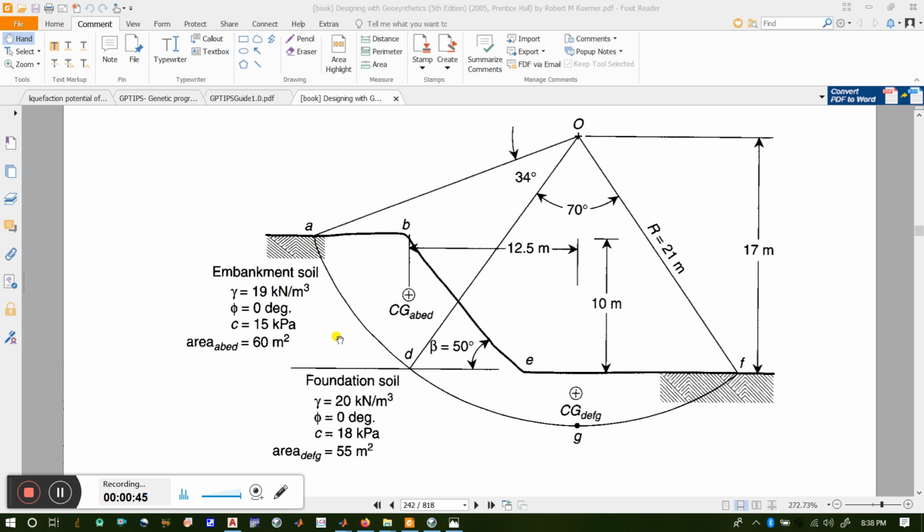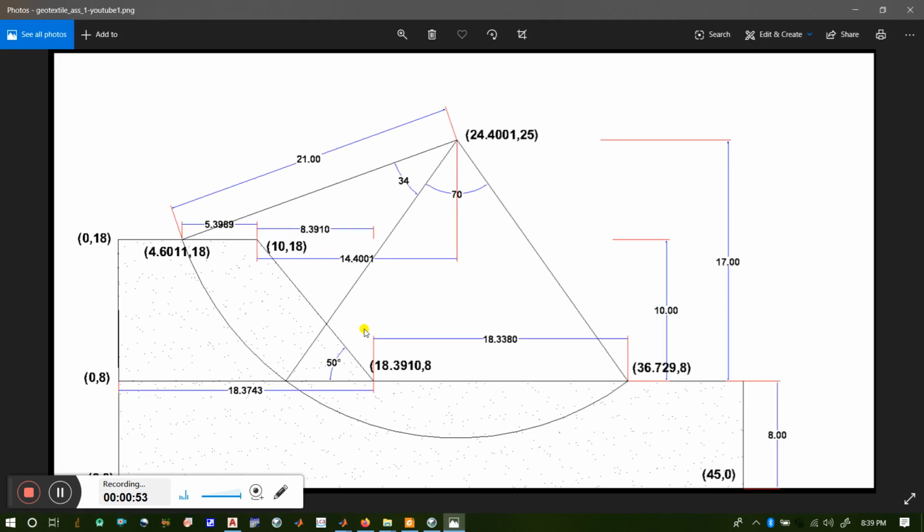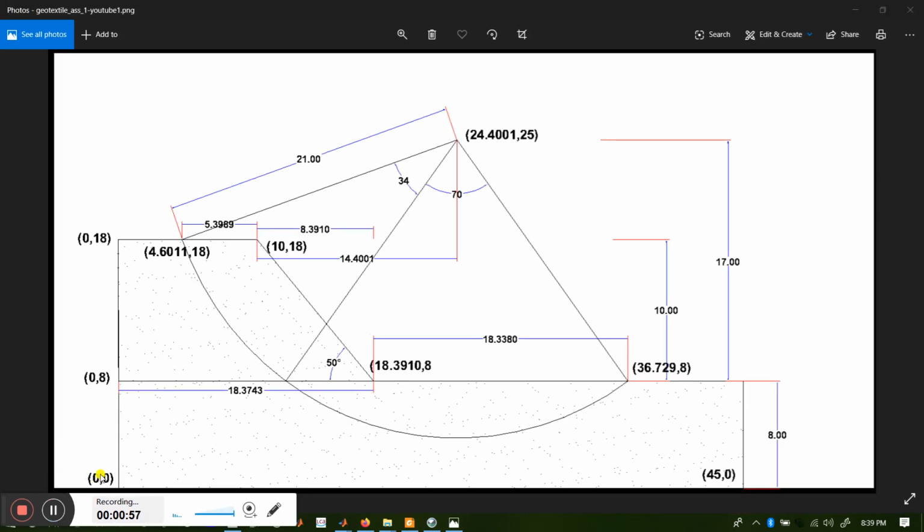I have drawn this figure after deducing the coordinates, in a coordinate system. It starts from 0 comma 0, and this block is called foundation soil: 0 comma 0, 0 comma 8, 45 comma 8, and 45 comma 0. This one is the embankment cross section which goes 0 comma 8, 0 comma 18, and so on.